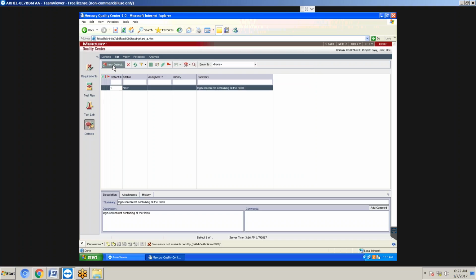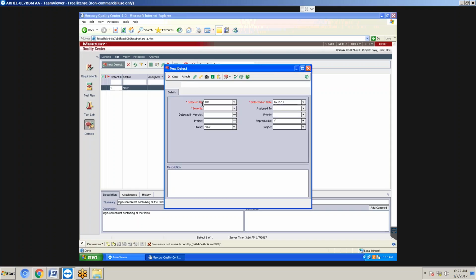I'm raising another defect. Cancel button always enabled. We should mention the severity, medium. Cancel button is disabled.